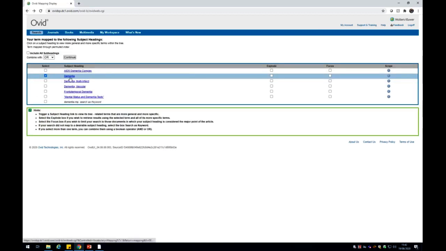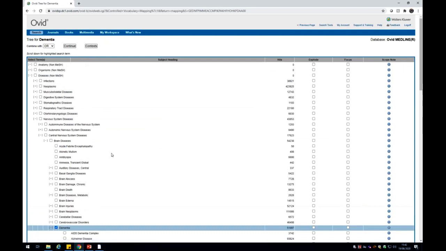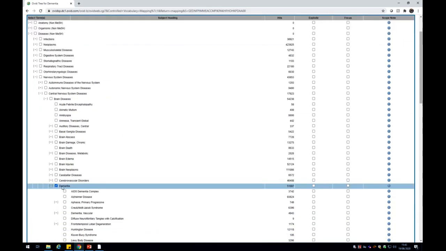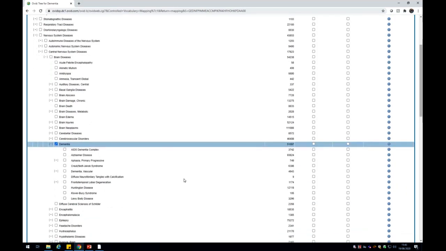But the next step is to click on the hyperlink itself and examine the relationship between your term and other terms in the subject tree in the taxonomy. So we can see that my term dementia is a narrower term of brain diseases, but then I can also see that there are more specific examples of dementia that I may want to think about.